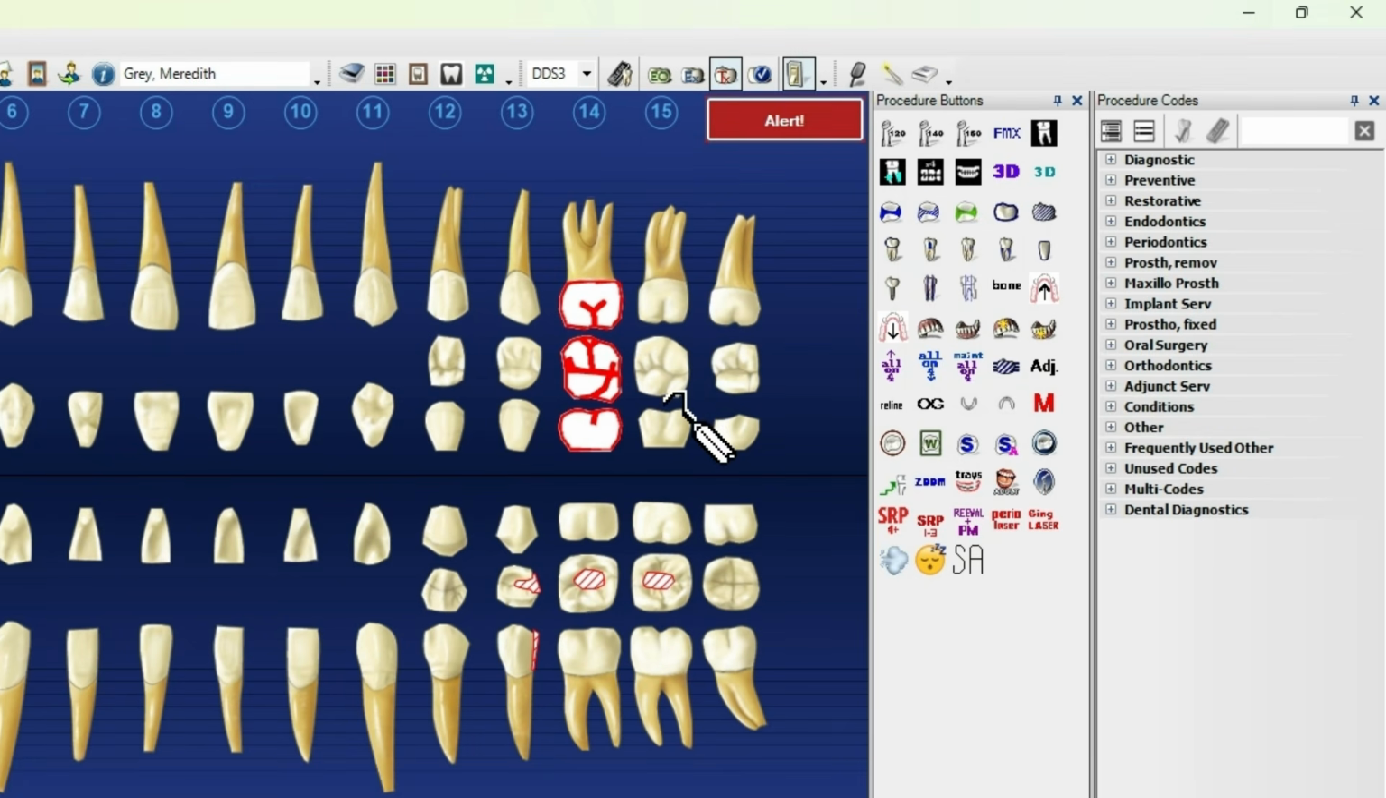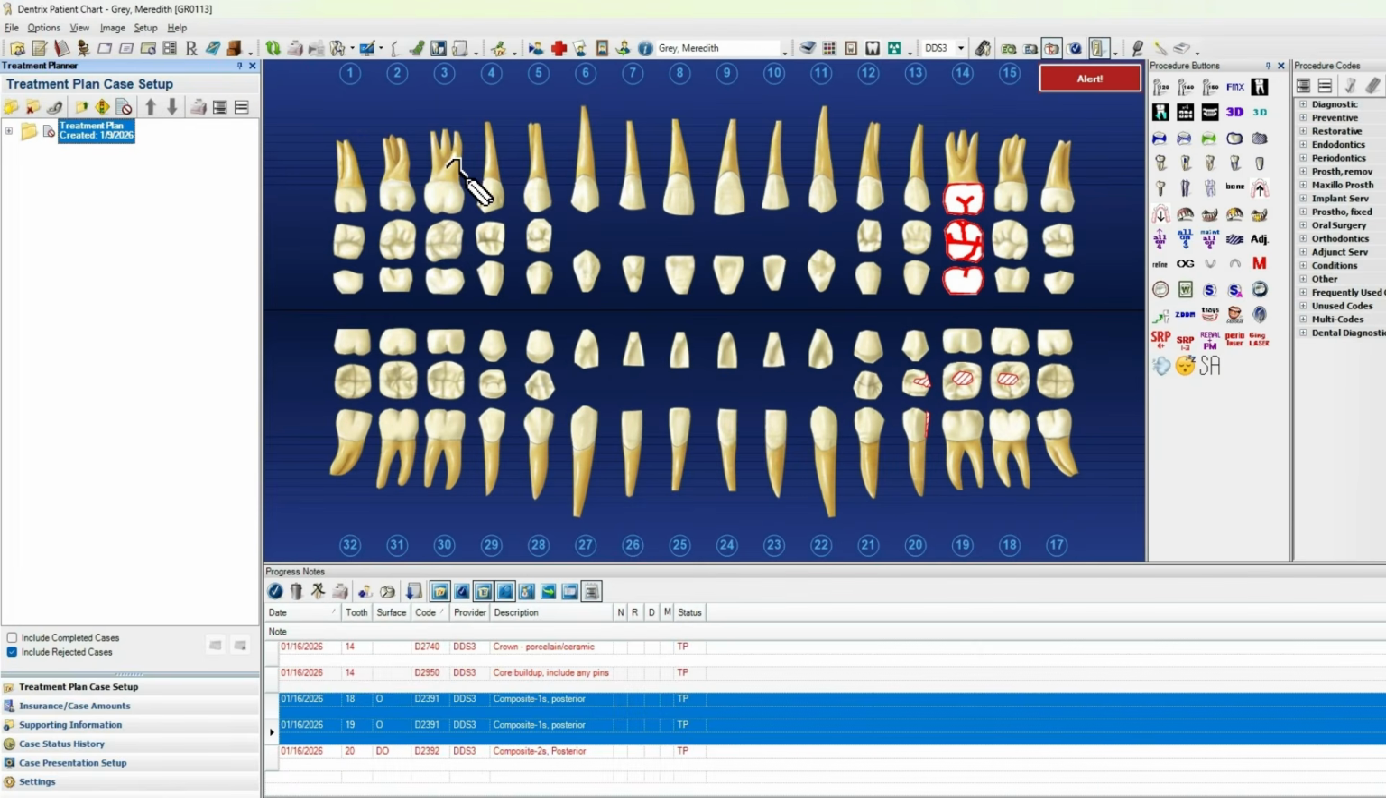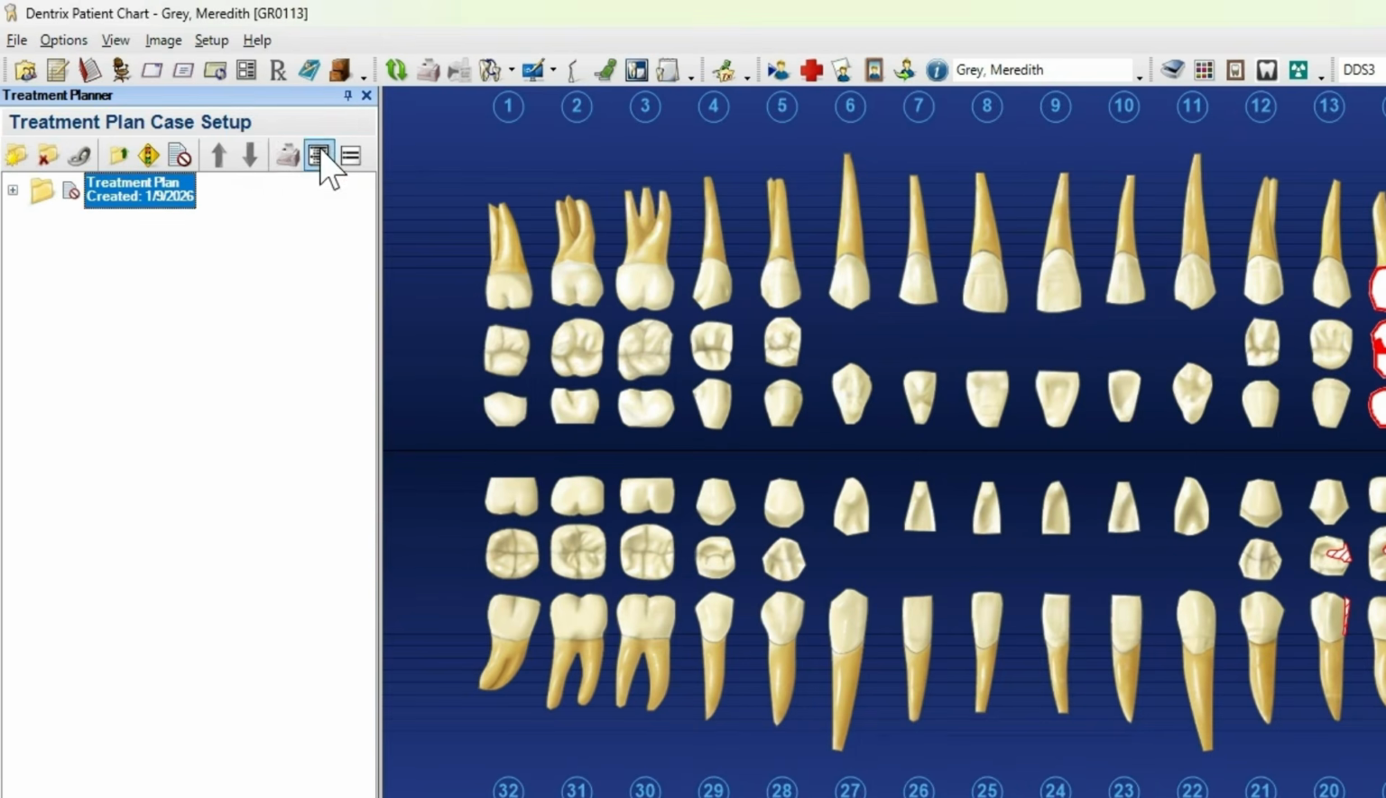So the treatment plan is in the patient's chart. Now we want to go through and organize it and keep it as clean as possible and make it easy for everyone in the office to know what's going on. So over here on this side panel, this treatment planner panel, if you don't have this on your chart, you can just go up to View,